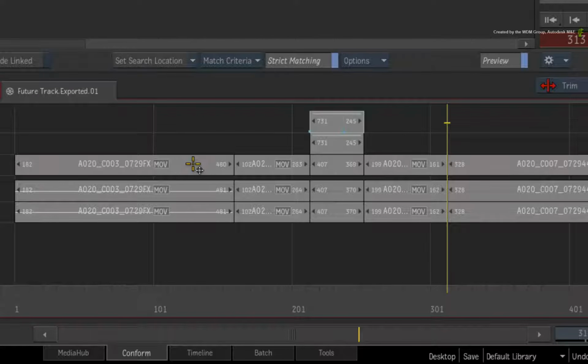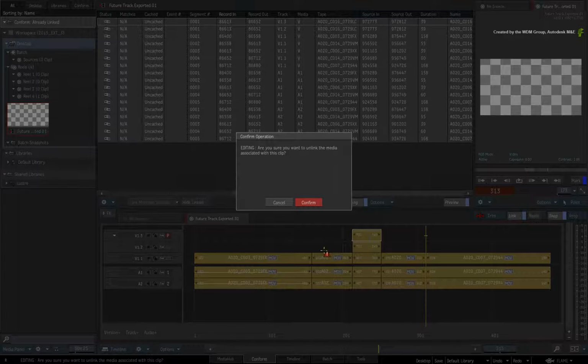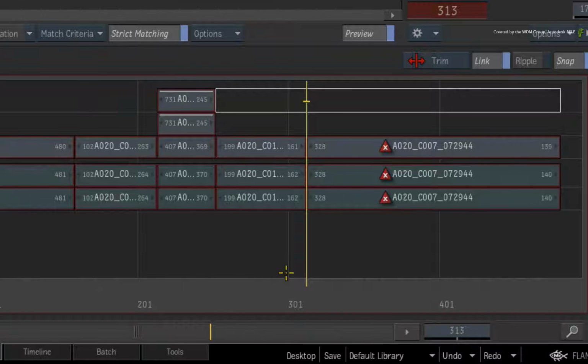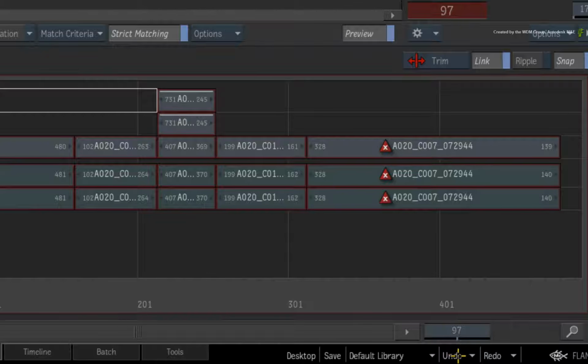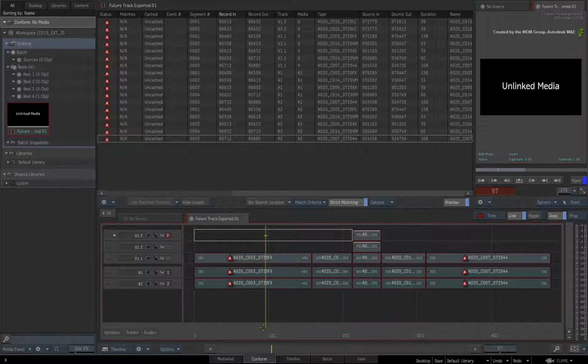Right-click on a segment, choose Media, and select Unlink. Click Confirm to perform the unlink operation. In case you think you've made a mistake, the unlink operation is undoable, so there is no need to worry. Now, by unlinking the whole sequence, you have also unlinked any media that might have still been correctly referenced to